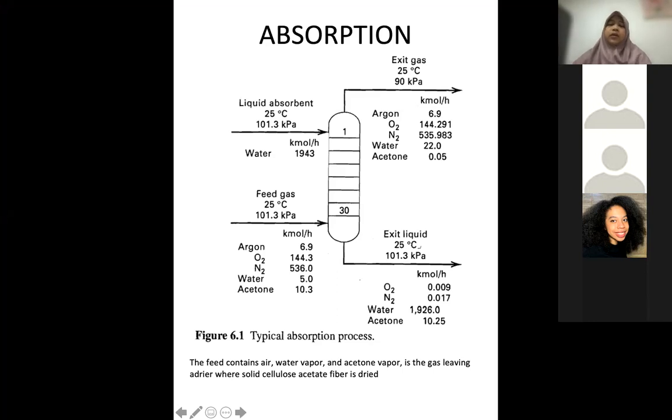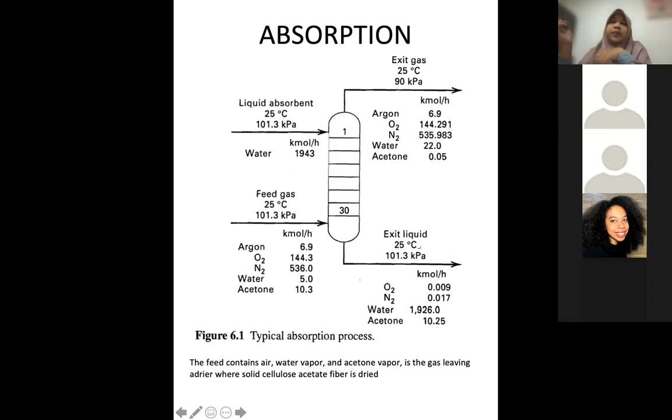Right. So in absorption, what is absorption? In many unit operations there are the terms adsorption and also absorption. In absorption, that means the component or the solute is actually absorbed by the liquid. Usually in absorption, the other phase is the liquid. So for example, the gas or the solute is absorbed by the liquid, while in adsorption,